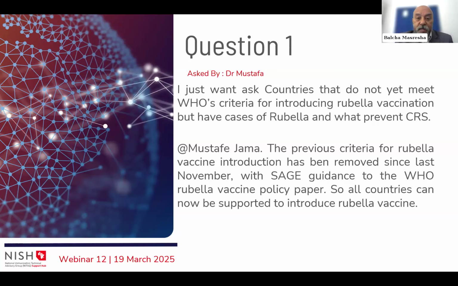Now, for countries like Somalia, for instance, who are Gavi eligible, they follow the usual process just like they would follow any other application, to make sure that they submit their applications and get the support for an initial wide age range mass vaccination campaign, followed by routine introduction immediately. And we're talking about MR vaccine now. We're not talking about the mumps component. We're talking about MR vaccine support, which is available through Gavi.